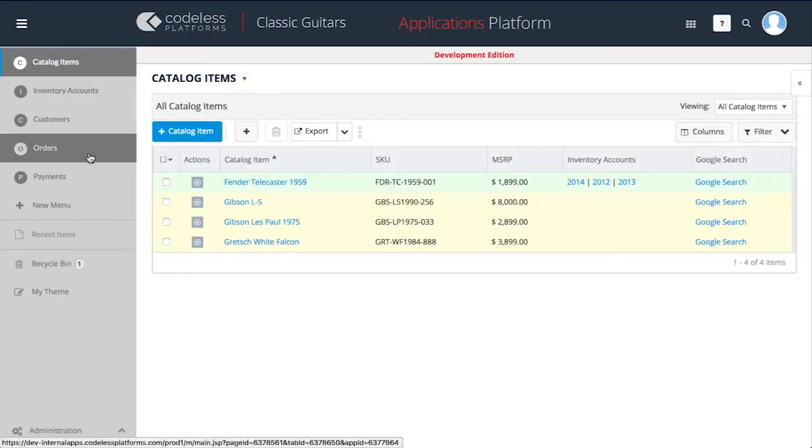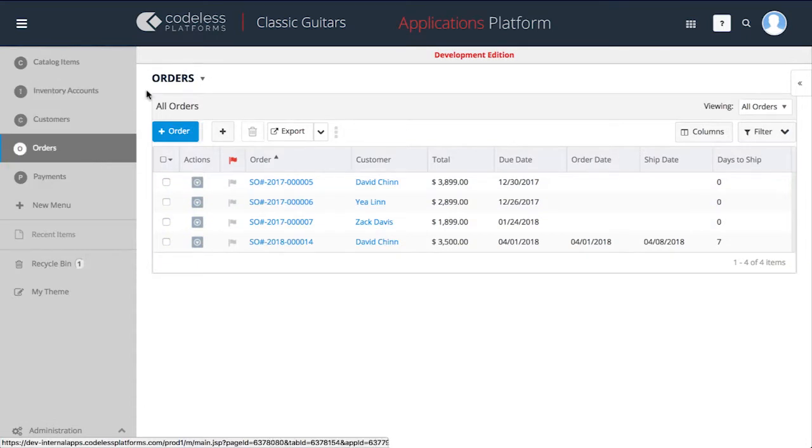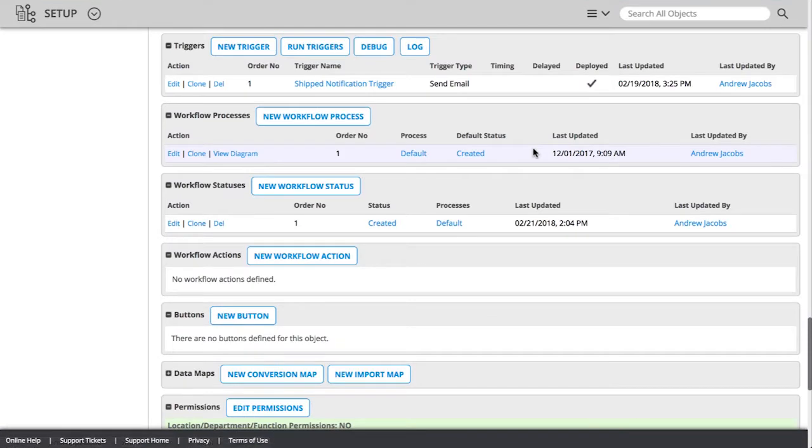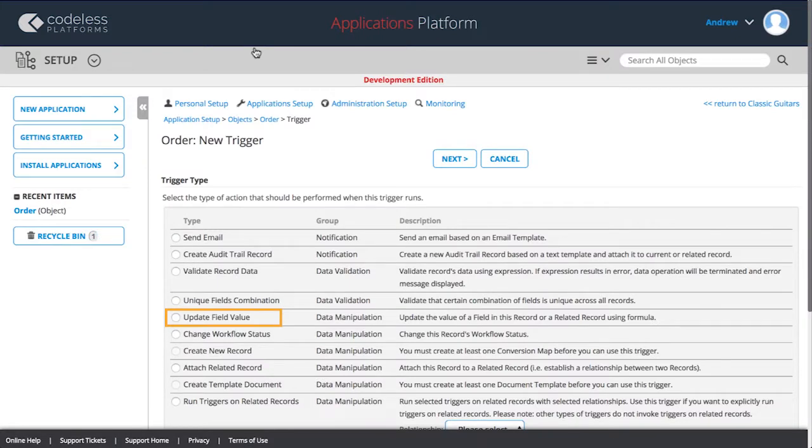Let's click on the Orders tab and in the drop-down menu, select Object Definition. In the menu bar, click Triggers and select the New Trigger button. Select the Update Field Value trigger type